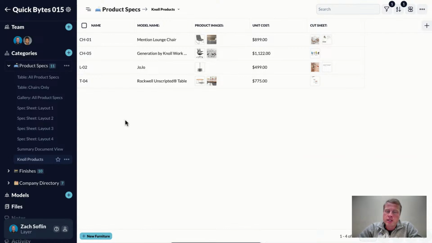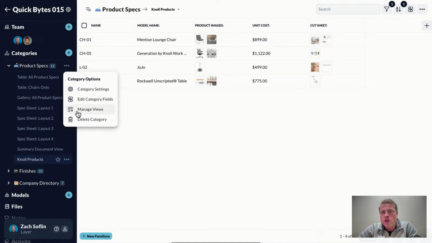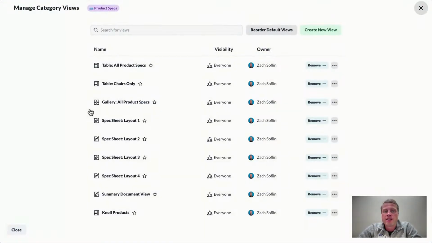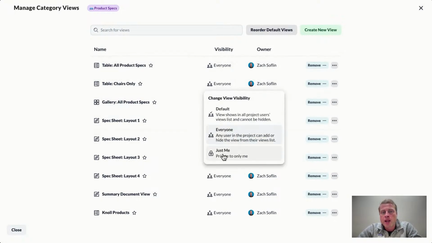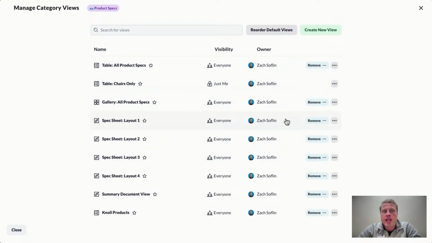Lastly, to round out the ways that we manage views and the improvements we've made to it inside of Layer, you can now click on this menu button next to every category to manage the views inside of that category. And so you can see that this is showing me a list of all of the views that are available to me in my product specs category. And this is where I can quickly set the visibility of these views and add and remove views from my list. So for example, let's say I want to remove all of these views from my list except for